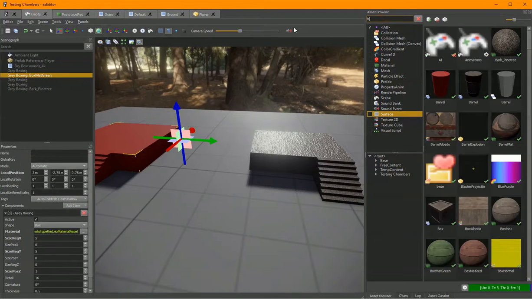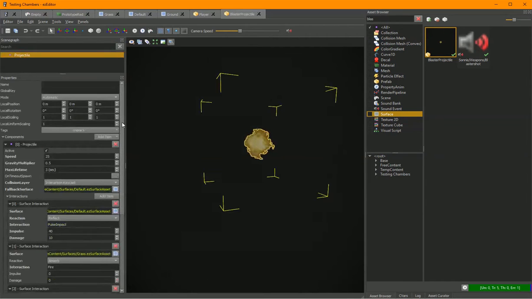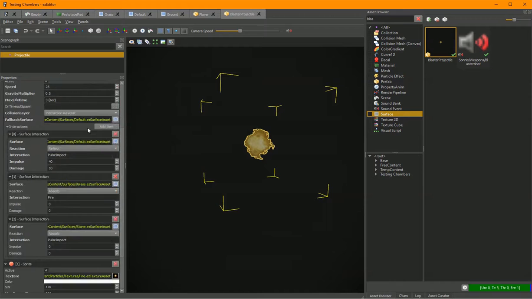Similarly, the projectile that I'm firing, this one is a bit more complicated. It actually has a filter by itself. So here I can specify that, for instance, if I hit a surface that is grass or anything derived from it, I will actually do the interaction fire and the projectile will be absorbed. Whereas if I hit something that is, for example, from the stone surface or derived, then I will again absorb,